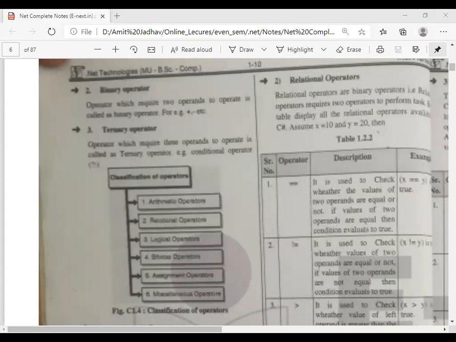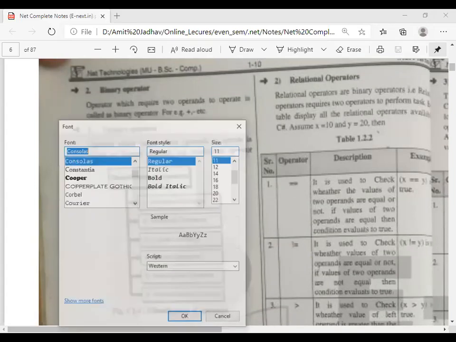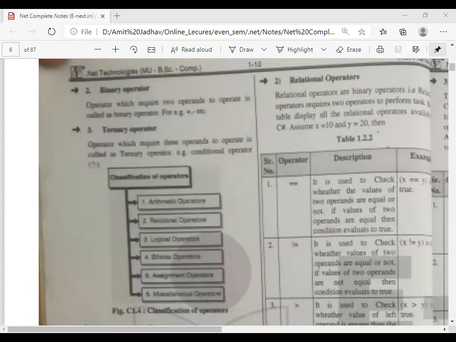Here I open the notepad and increase the font to 20. Here we define the variable x equal to, for example, 5 and y equal to 10. So this single equal to is used to assign the value. It is not used to compare the values.